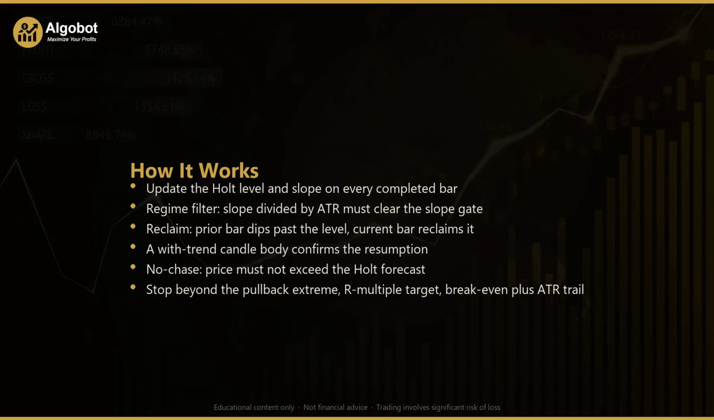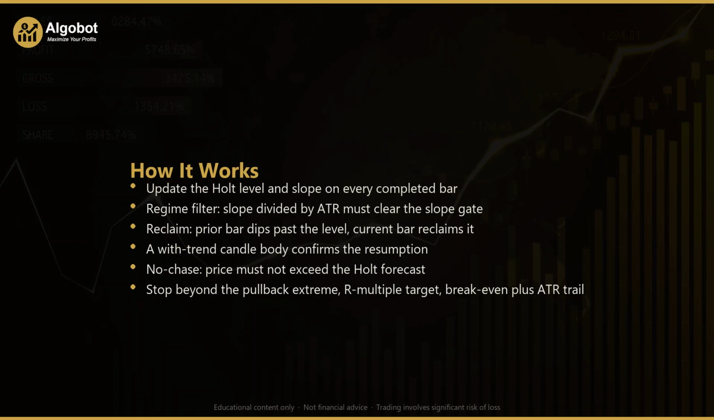Let's walk through the mechanics step by step. On every newly completed bar, the strategy updates its two Holt values. The level is a blend of the current close and the previous level projected forward by the previous slope. The trend is a smoothed estimate of how much the level just changed. Two smoothing constants control this. Level alpha, defaulting to 0.25, sets how responsive the baseline is, and trend beta, defaulting to 0.10, sets how quickly